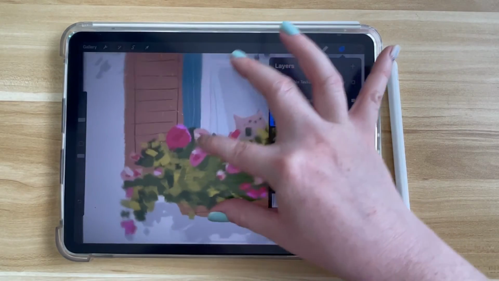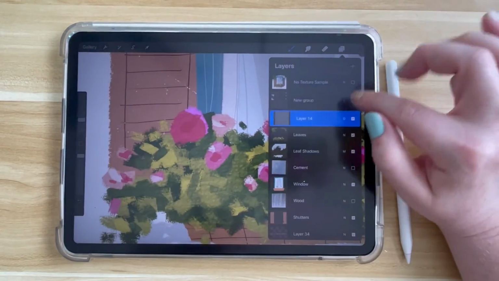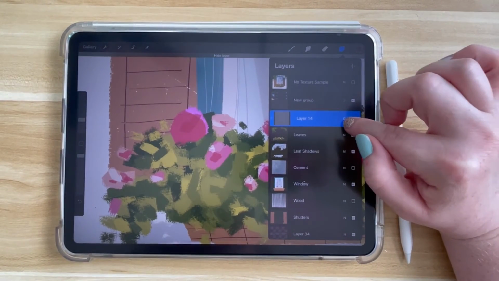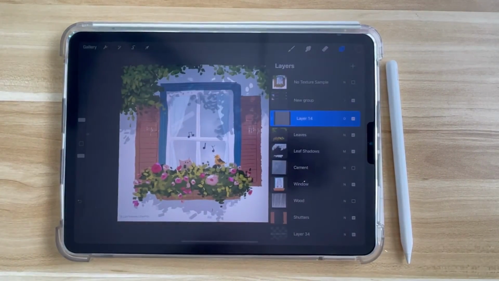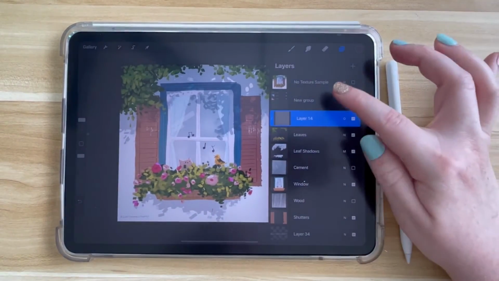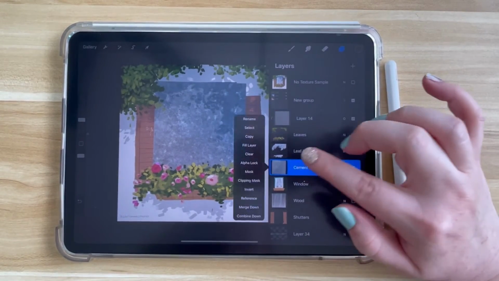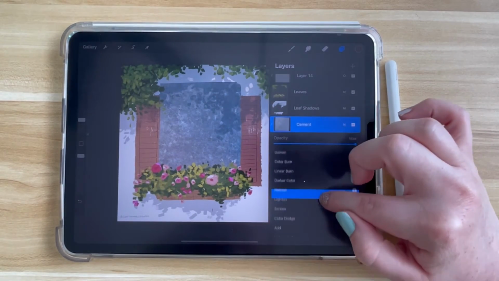And now if we look here and we zoom in, we can see it's not affecting the shutters or the window. It's only on my painting, on the leaves. There we go. So now we have texture just on the leaves. And I'm gonna have a couple in here where I've already put them in here. So I have this cement texture just for fun. I'm gonna, again, do clipping mask